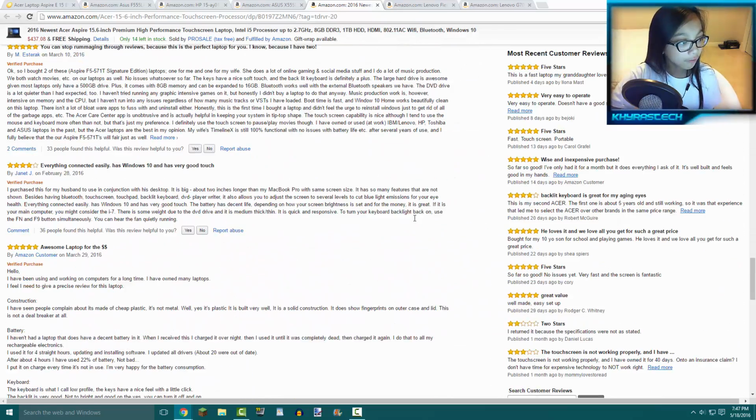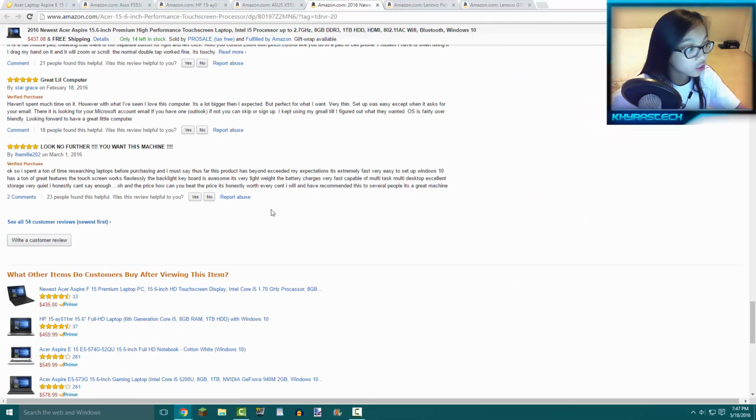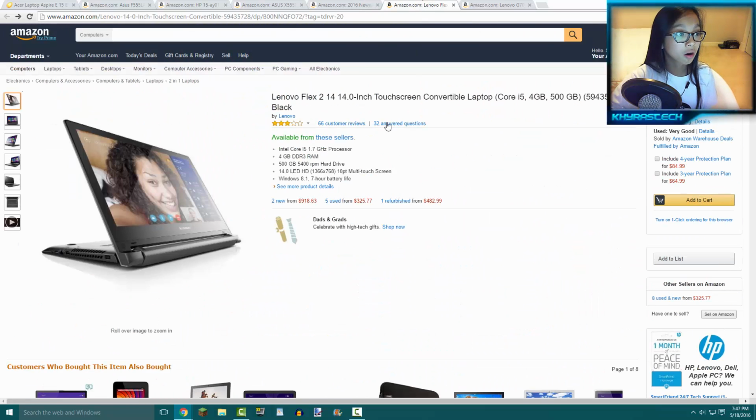And if we scroll down into the reviews, a lot of people love this laptop. They're like, great laptop. This is really awesome. So yeah, moving on to the sixth product here, we have the Lenovo Flex 2